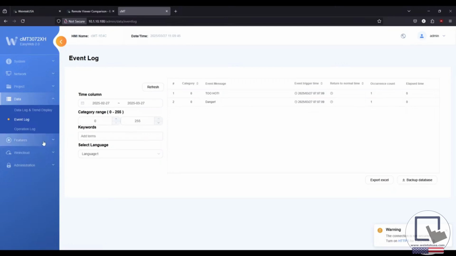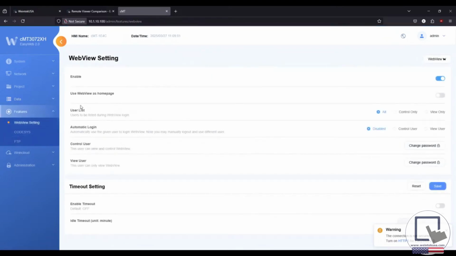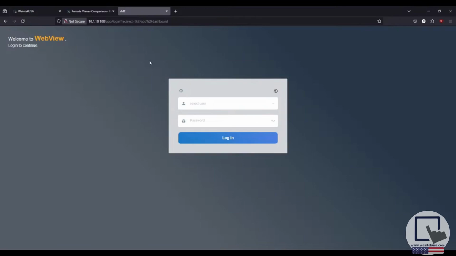And within the Features tab, if you select the Web View Settings option, you would have to enable it at first and click the button. We will then be whisked away to WebView. And WebView is essentially a web-based VNC client. This means that you can control the HMI just as if you were standing in front of it. And we have the option to enter control mode or view mode. I'll select control mode, enter the password,